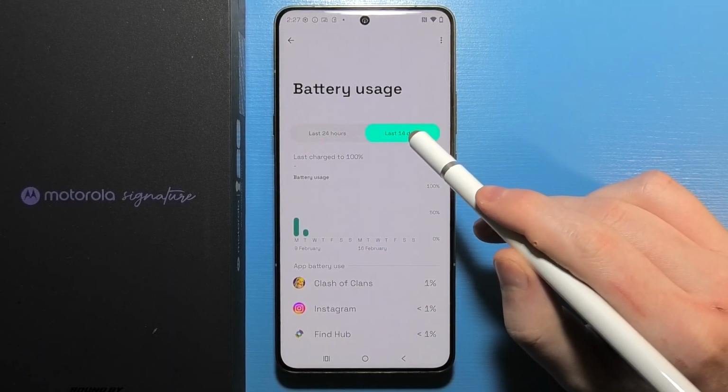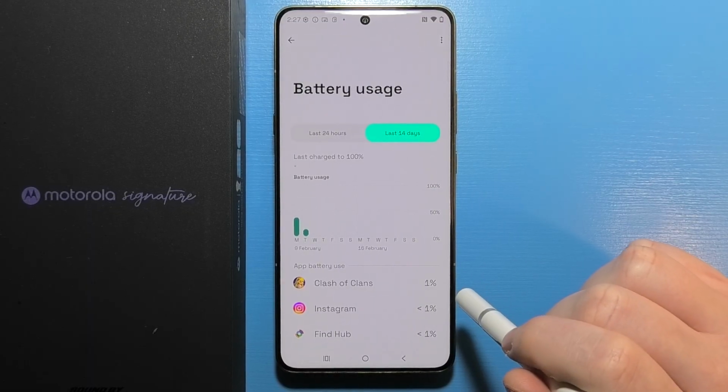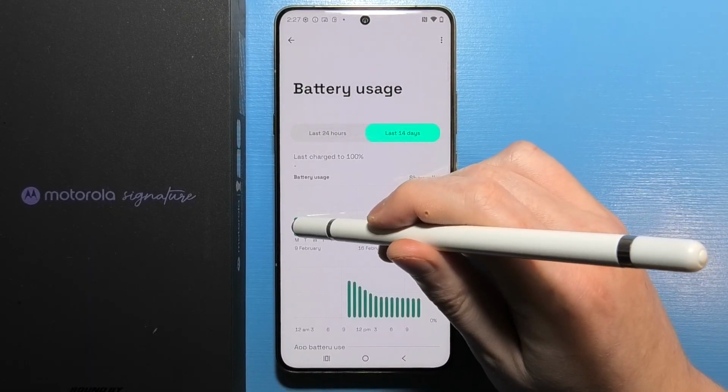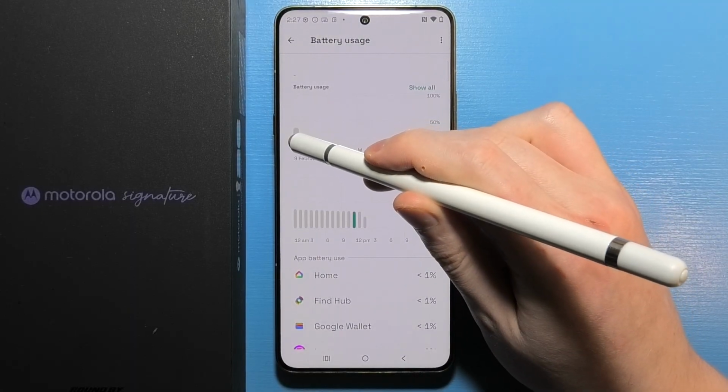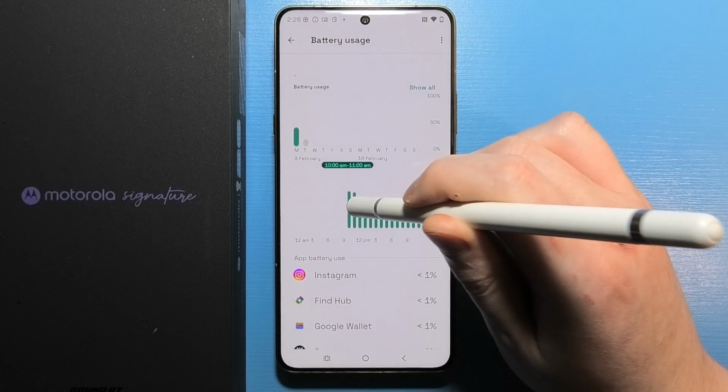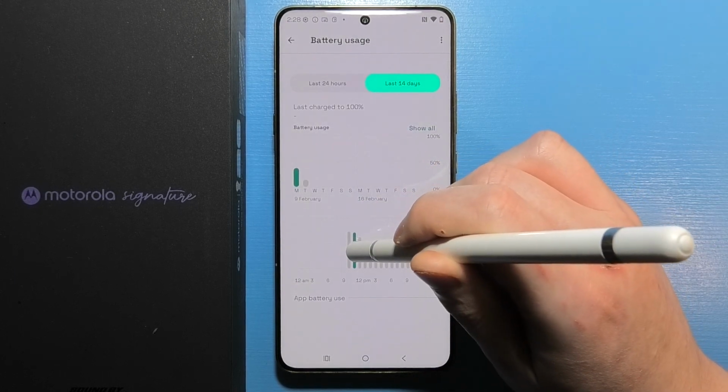hours or last 14 days, which I would recommend to select. Then you can click on each of those statistics for specific days and see which app used most of the battery during the time. So for example, right here we can see that